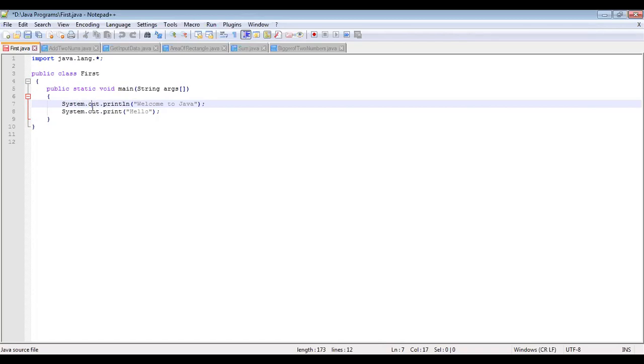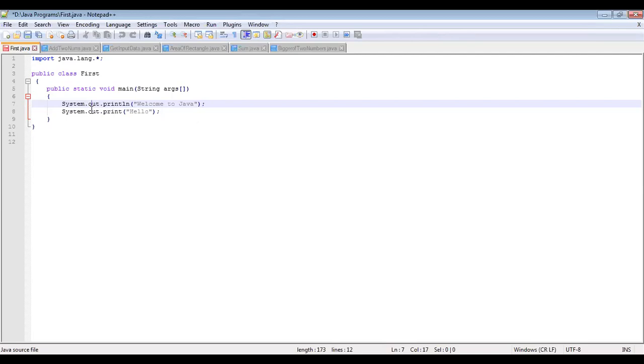It is for the standard output stream, followed by the method, which can be either print or println. These are all methods of the PrintStream class. So out is an object of PrintStream and println is a method of PrintStream. In order to use a class method, you have to create an object and call the method using that object. That is the reason why we use out. So to display these two messages, we have written these two statements. This was all for the first program.